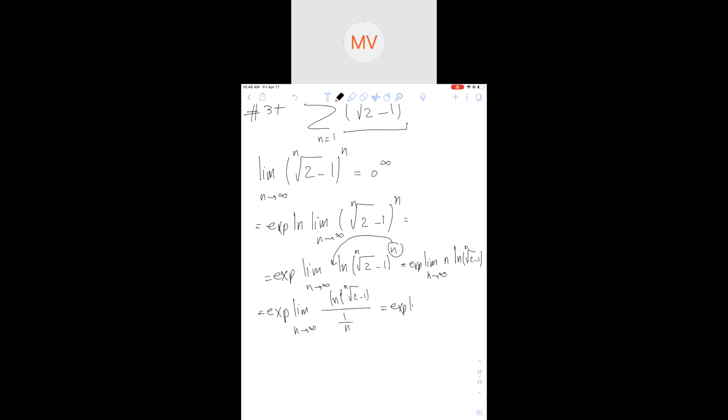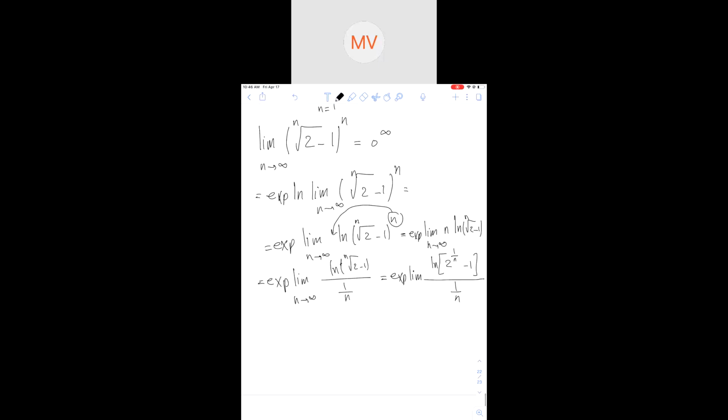Let me one more time write it this way. Limit of natural log of nth root of 2, which I'm going to write as 2 raised to 1 over n, minus 1, over 1 over n. Now we can go ahead and take